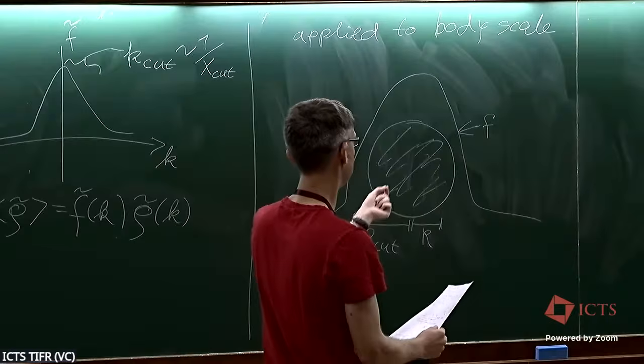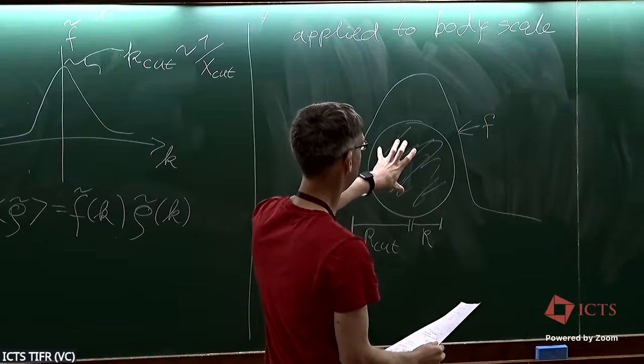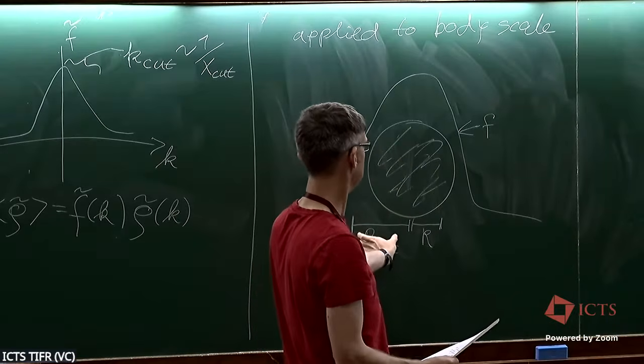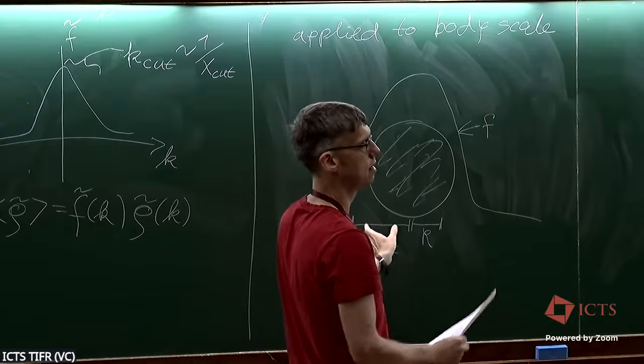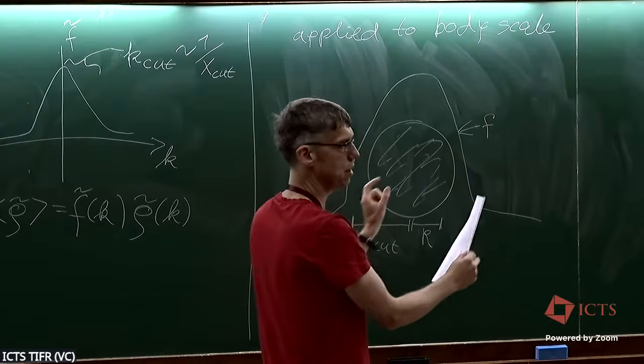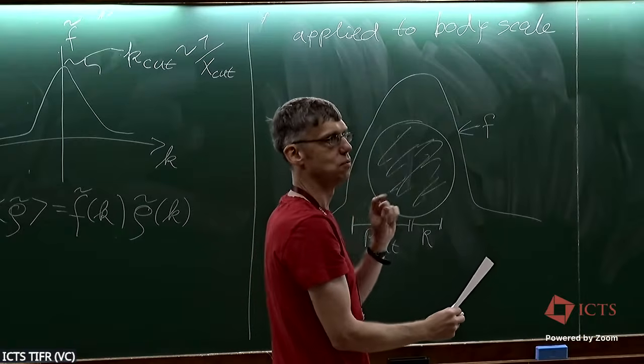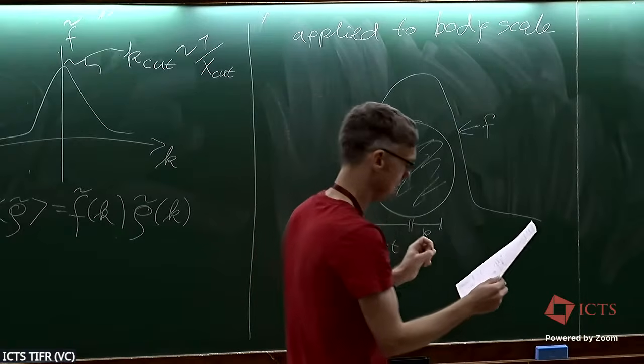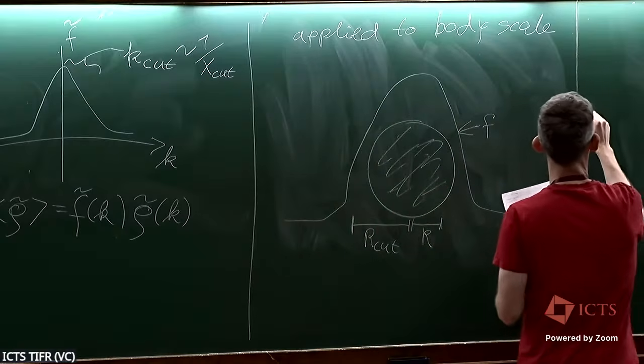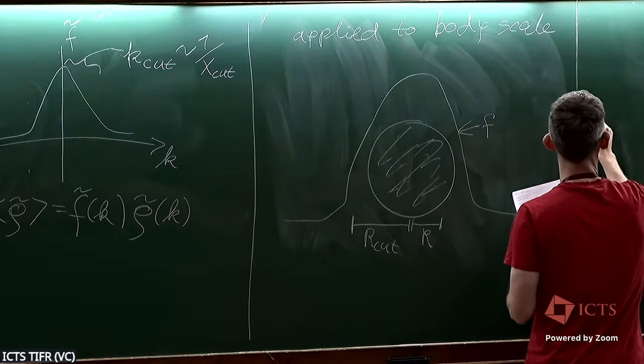If you zoom out a lot, then the pixel size, which is basically the cutoff size, becomes larger than the body, and your body will just be one pixel in your picture. So it will be a point particle. So if you take what is usually called the continuum limit,